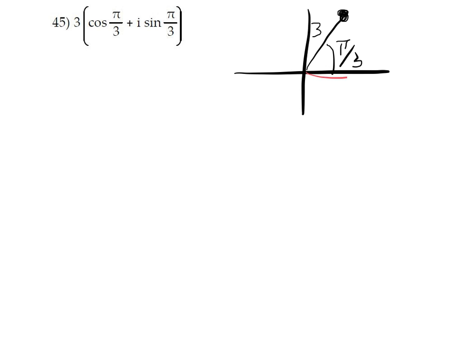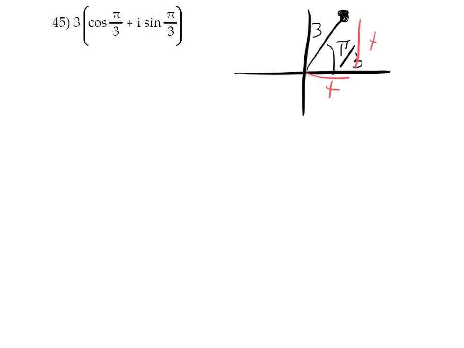Write the complex number that's in polar form, or trigonometric form, in standard form, a plus bi. So right now what we know is this has modulus, or absolute value, 3, and the angle is pi thirds. So the location of this one would be pi thirds out 3. So it's this number. I can see that the x value will be positive and the y value will be positive, but really all we have to do is evaluate these values,